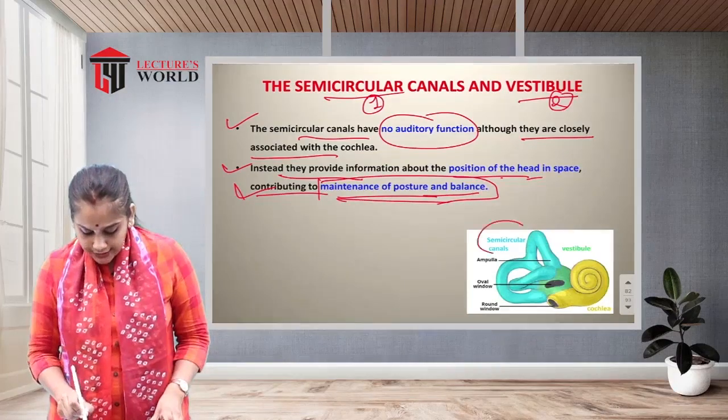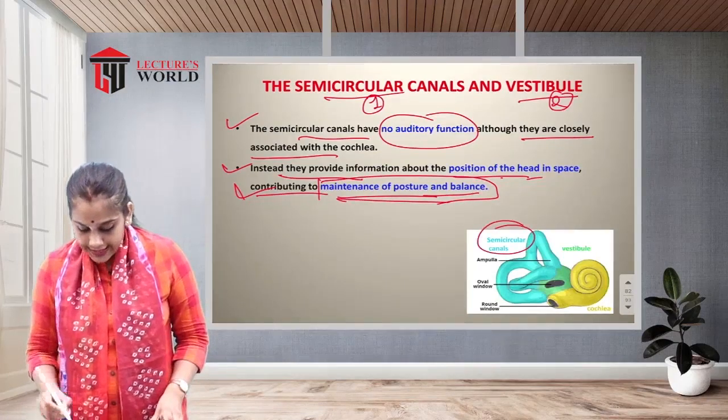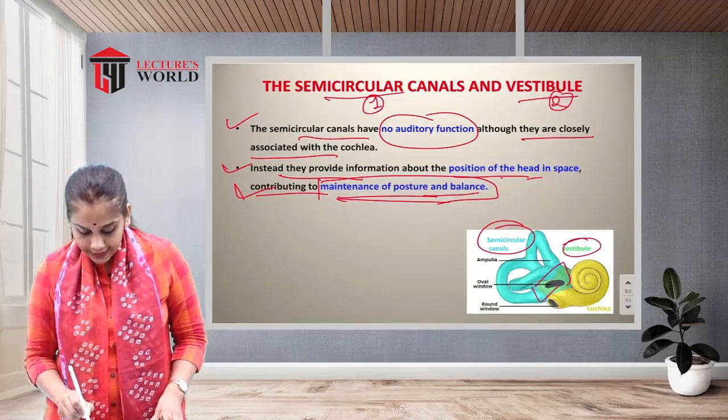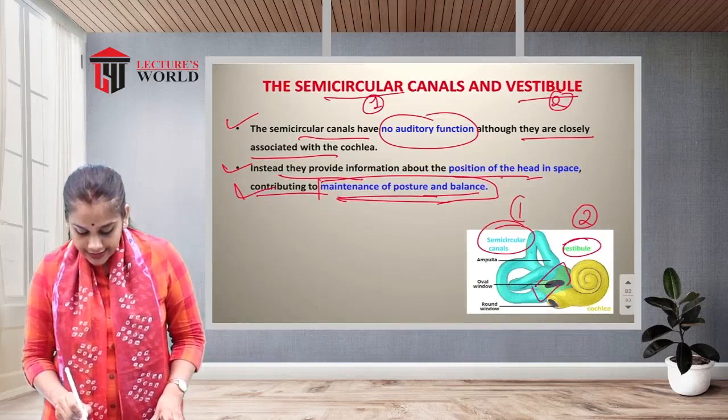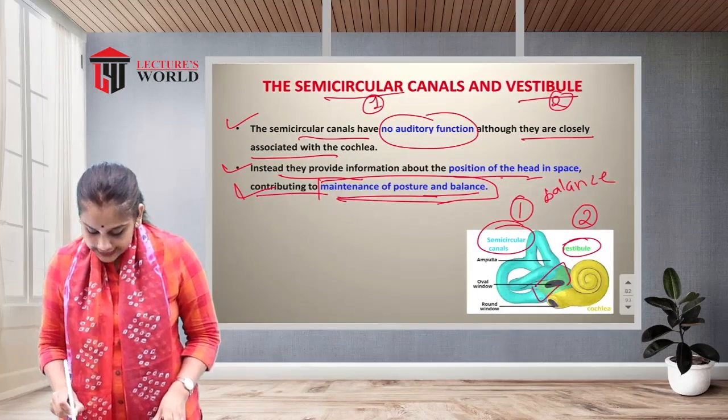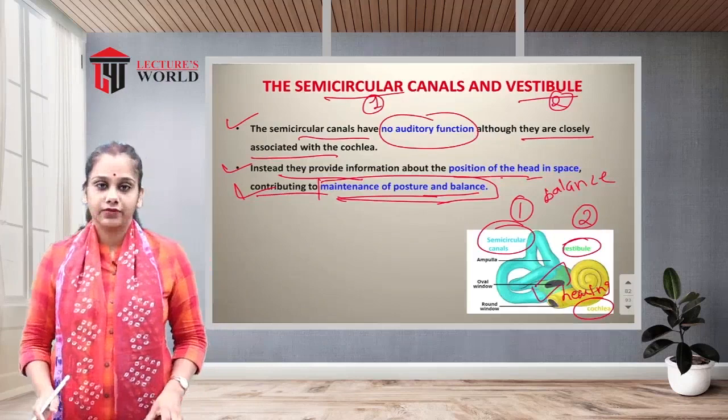See, in blue color that is the semicircular canals, and see this is the vestibule in green color. Okay, so these are both organs, very helpful for balance. And see, this is the cochlea. It is helpful for hearing. Okay, so two major functions.